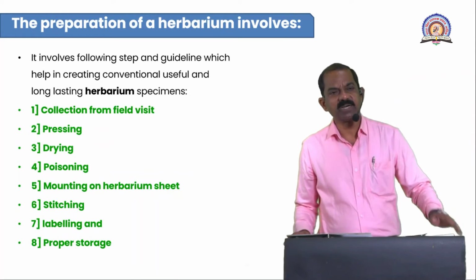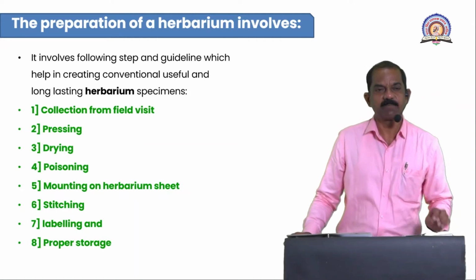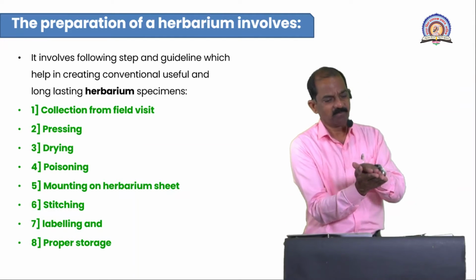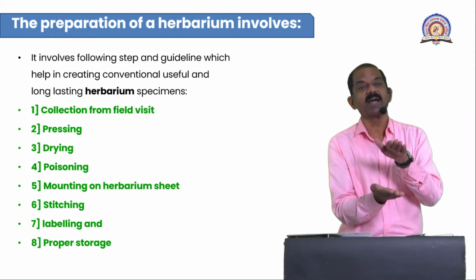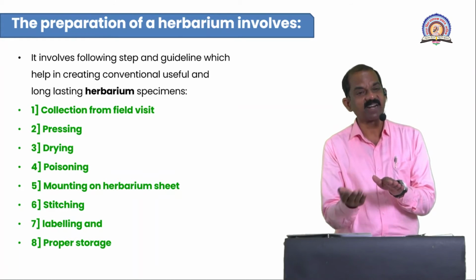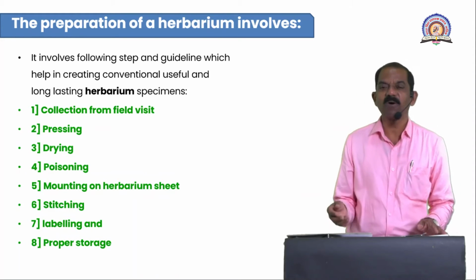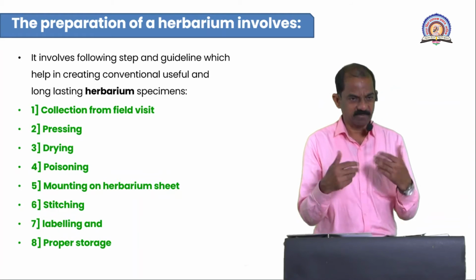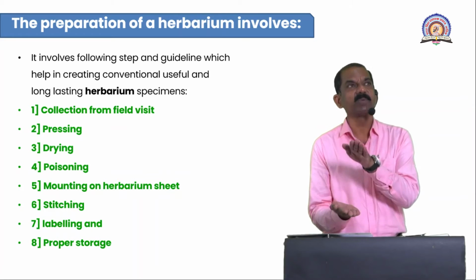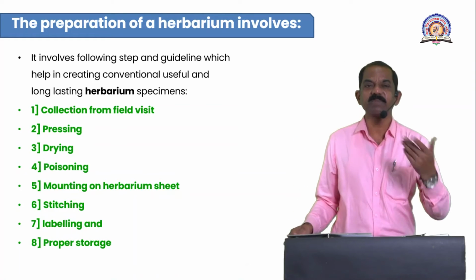Friends, next to collection and pressing, the next step is the drying of the plant specimen. After giving one change to the plant specimen in the plant press, two or three changes may be required, depending upon how much moisture is present in the plant. With the help of a special instrument, such as a hair dryer or the plant press, dry the plants, using newspapers or cloth, so that no moisture remains.